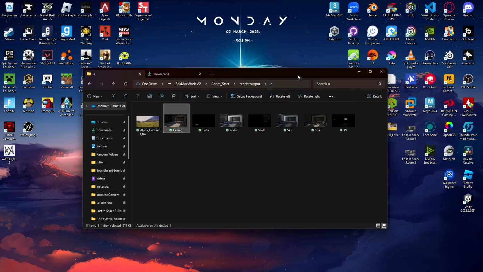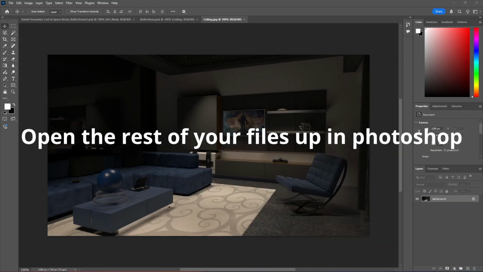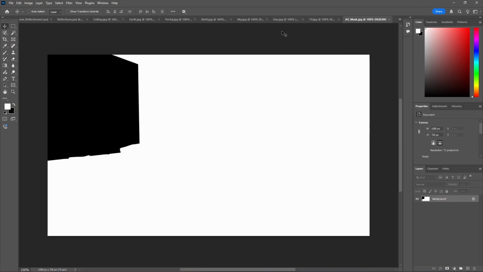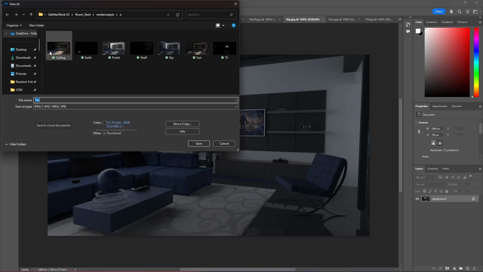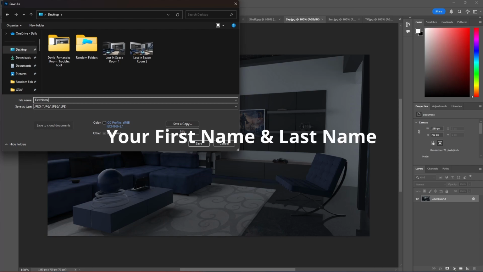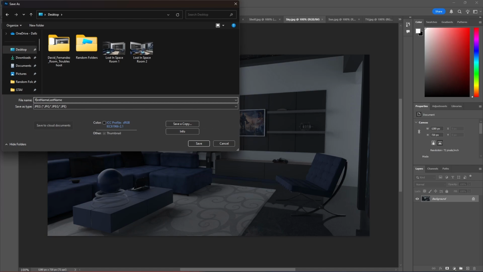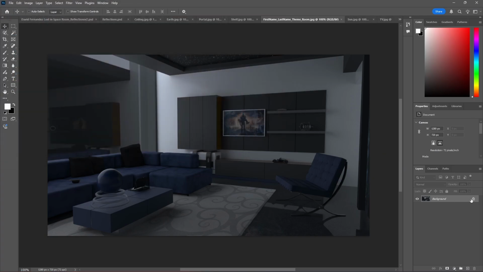So open with Photoshop. I'm using 2025. That should be the latest one to use. So after you get all your files loaded up, I will go to your Sky JPEG, File, Save As. I'm going to put it on my desktop. We're going to name it first name, last name, and then your room, or theme room. We're going to save that as